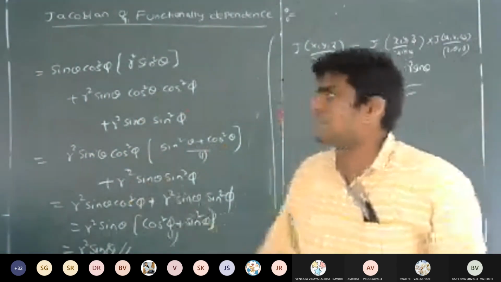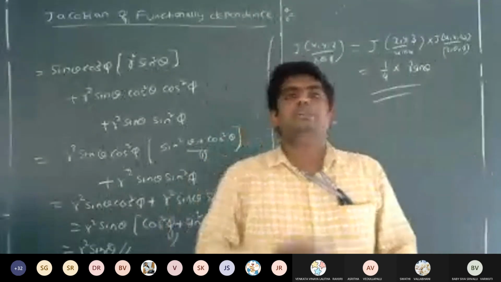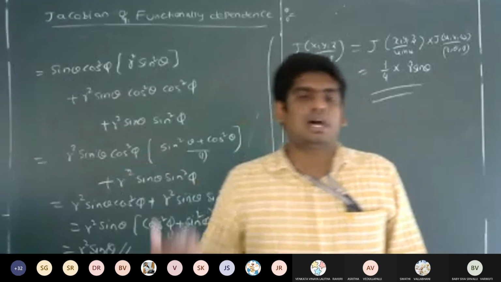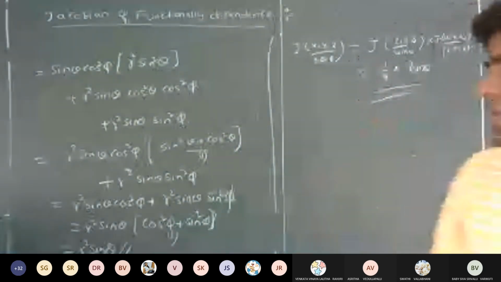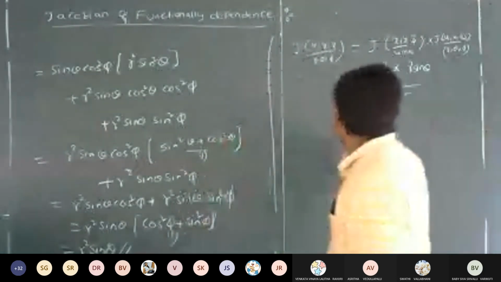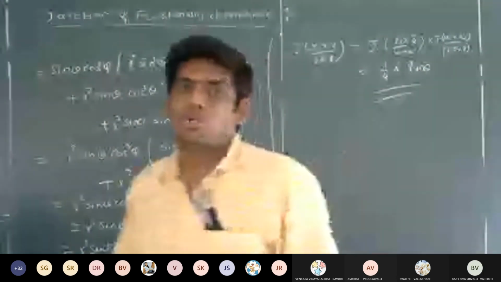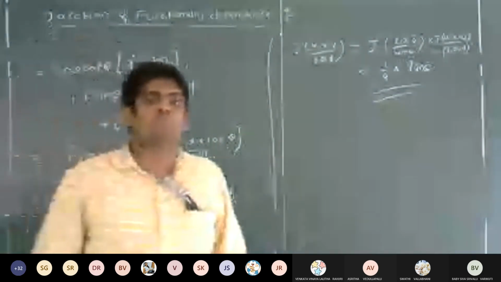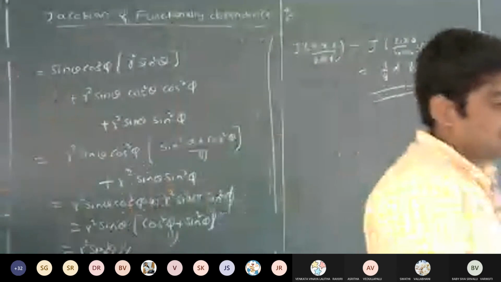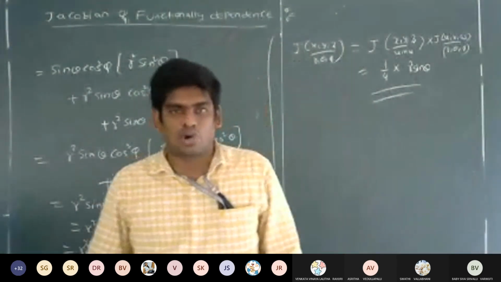Likewise you can also calculate the Jacobian for the cylindrical coordinates. In that situation also you will get the Jacobian value as r, right? We solved that in multiple integrals. The Jacobian of the spherical coordinates is r squared sin theta. The Jacobian of the cylindrical coordinates is r. The Jacobian of the polar coordinates is r, right? Yesterday in the last session we calculated the Jacobian for the polar coordinates also.